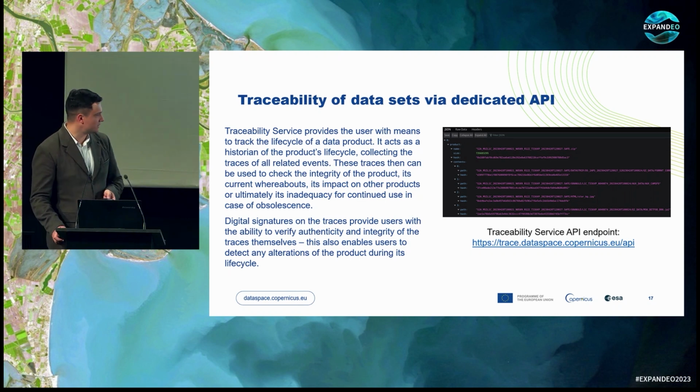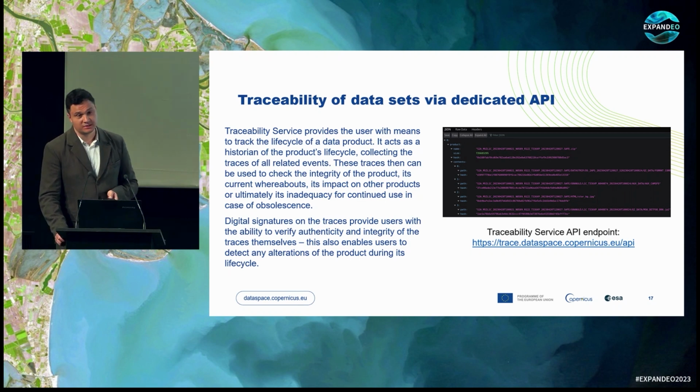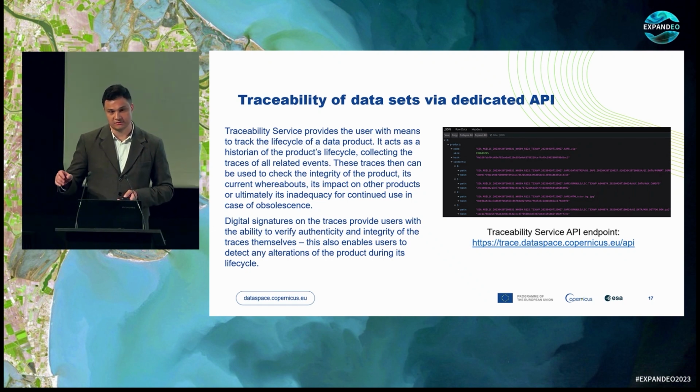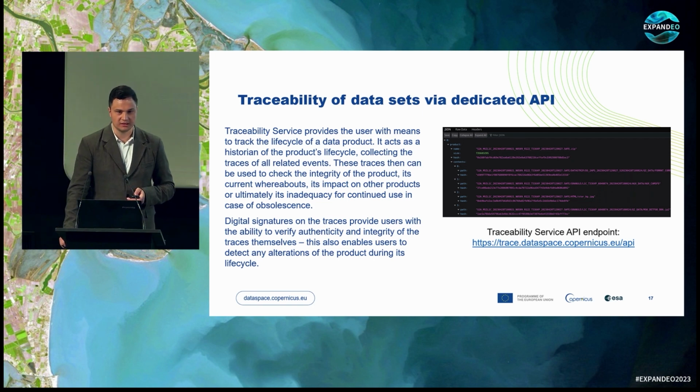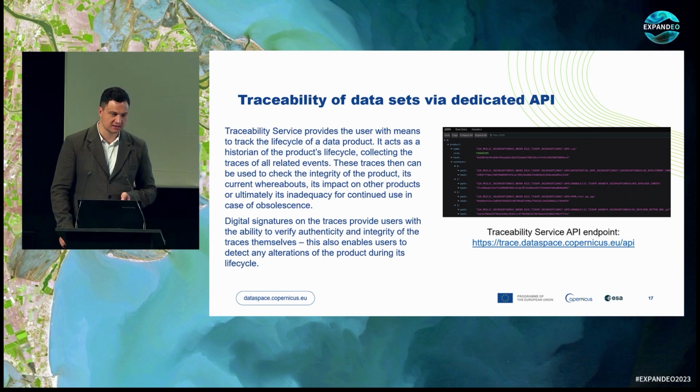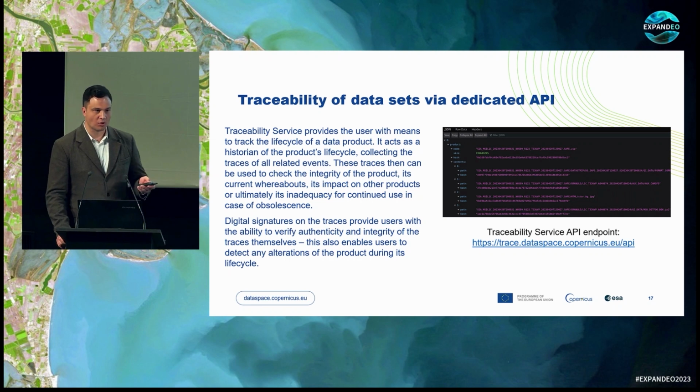And with the traceability API, you will be able to trace the generation, the whole life cycle of the EO product. Through the checksums, you will be able to say what was the origin, which files were used to generate this product, and what was the computing center, for example, that generated this product.